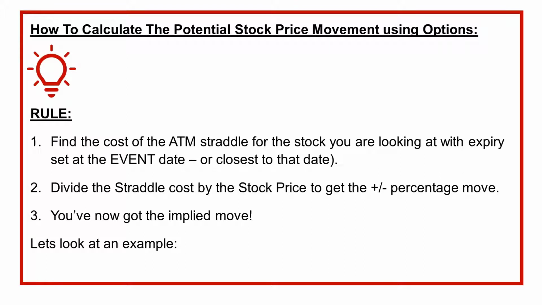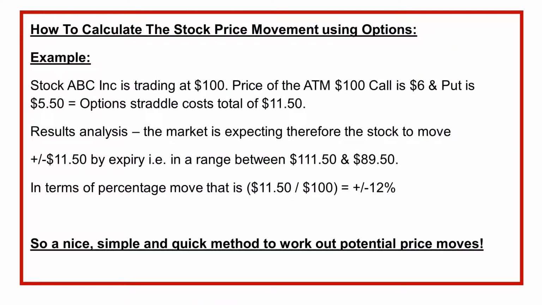So we'll take a look at a hypothetical example and it'll make it all make total sense. So we're looking at stock ABC Inc. Current stock price is $100. Now the $100 at the money call for the scenario we're looking at, it's about a week away, is worth $6 and the put is worth $5.50. Now together the straddle will cost us $11.50. So that means the implied move up to our